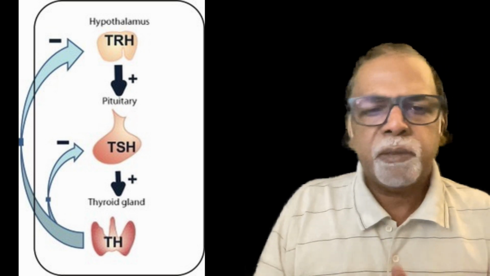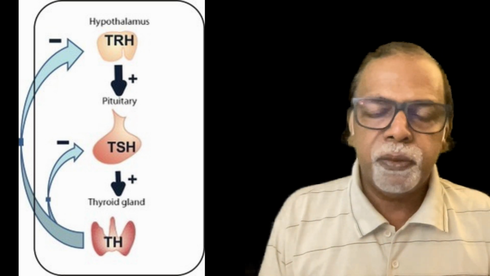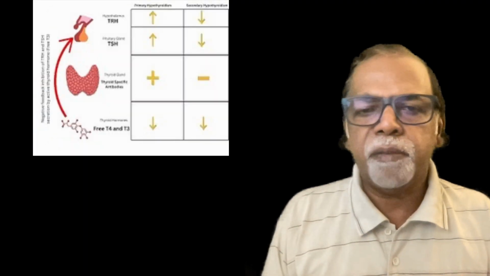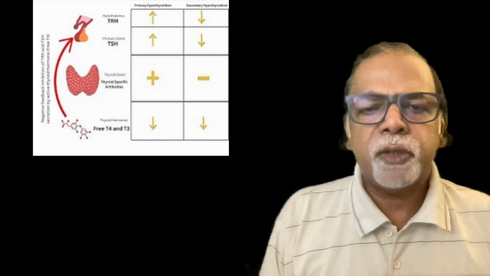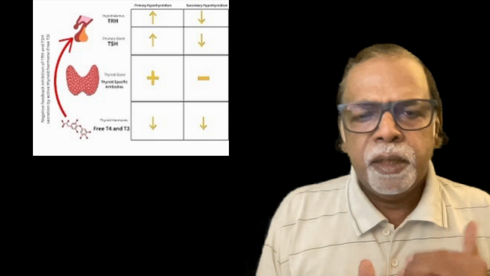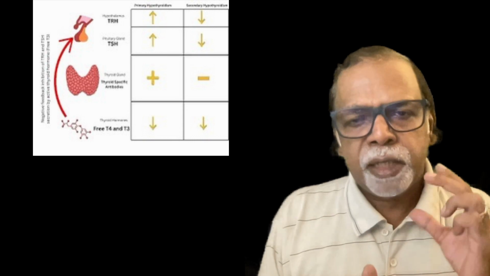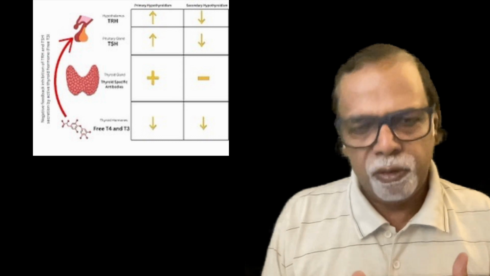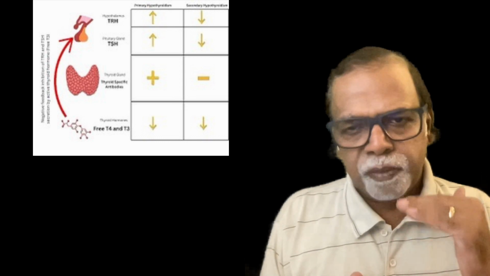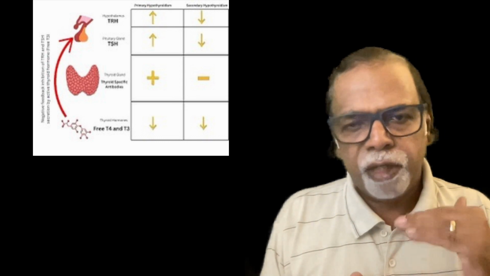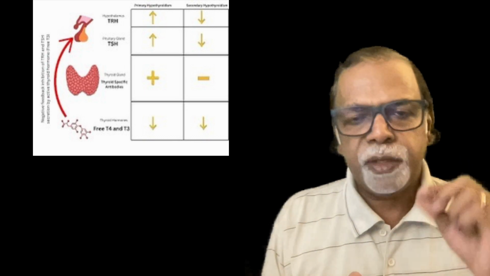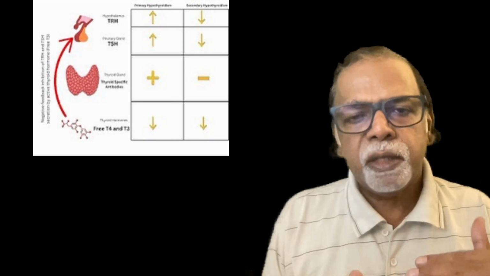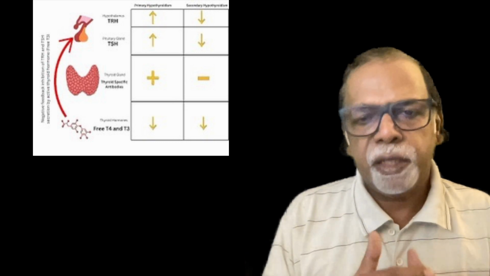As we have mentioned, some hypothyroidism can be due to autoimmune problems, so you can look for thyroid peroxidase antibodies, anti-TPO antibodies. This suggests autoimmune thyroiditis. Then remember secondary hypothyroidism: what is happening? The TSH will be low, and T3 and T4 will be low. Usually when the thyroid is failing, you expect the TSH to be elevated. If the TSH is low or inappropriate for the level of T3 and T4,